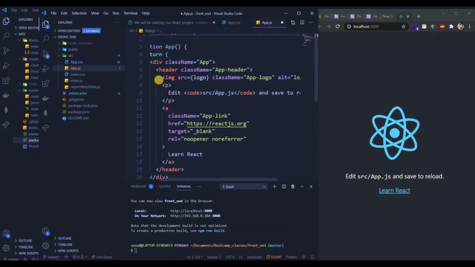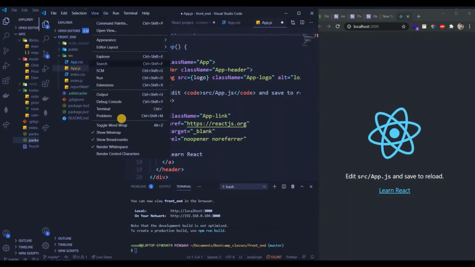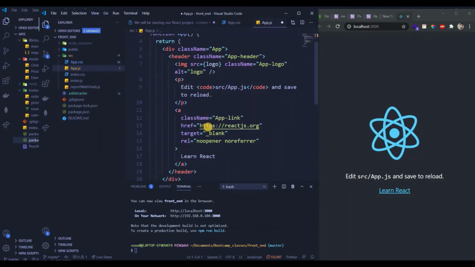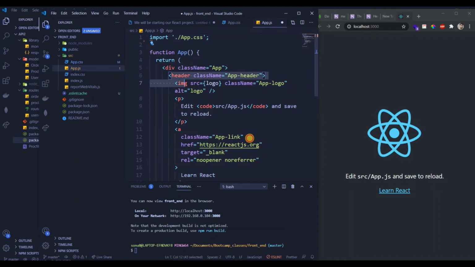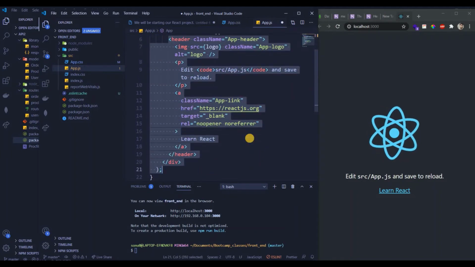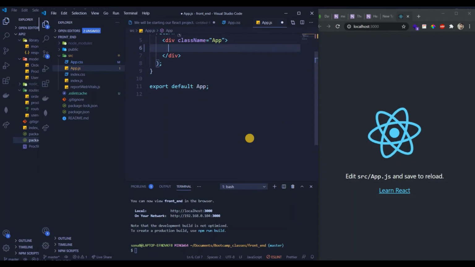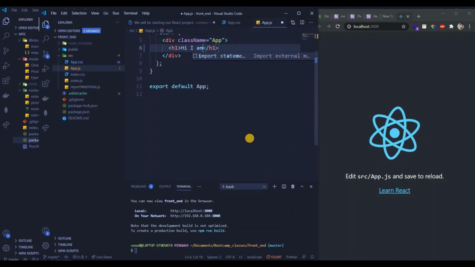So now let's also do this. Toggle word wrap. Okay. And let's go ahead and remove all this header that we have. And let's just write h1. Hi, I am React app.